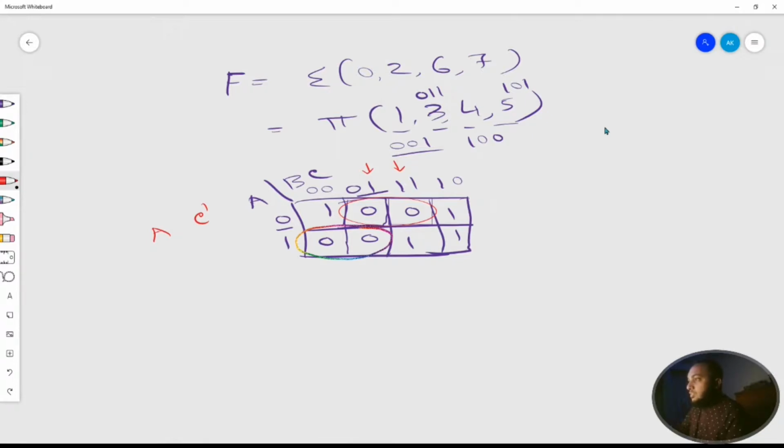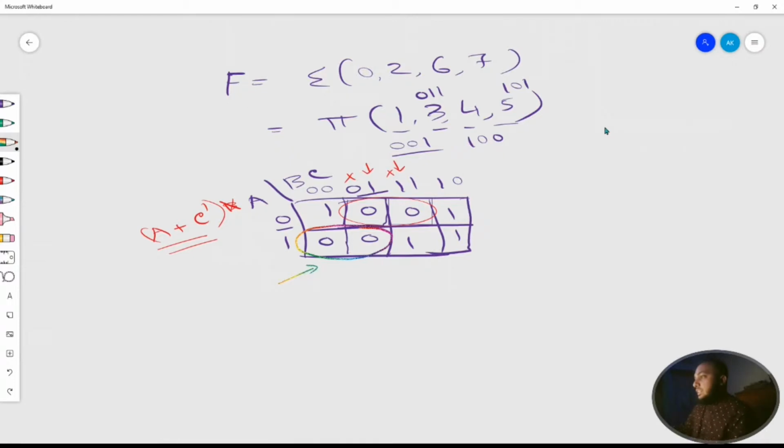If C was 0 we would have taken C, and we can see B has changed from 0 to 1, from second column to third column, so we won't take B. And as it is in the POS form we will take the sum of all the inputs in a group that didn't change. For the red group we have found our Boolean expression like A plus C prime.